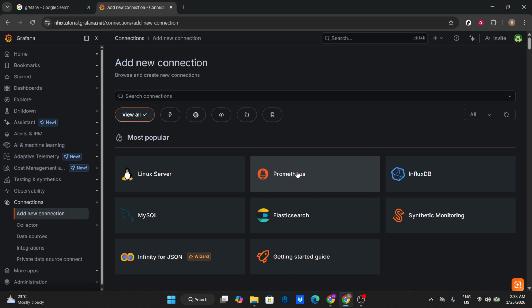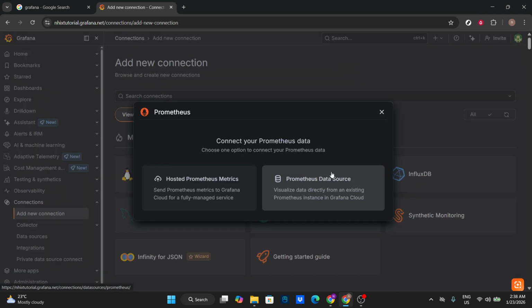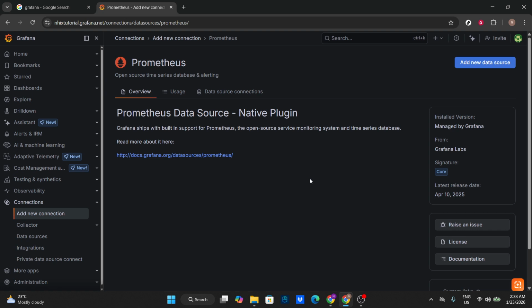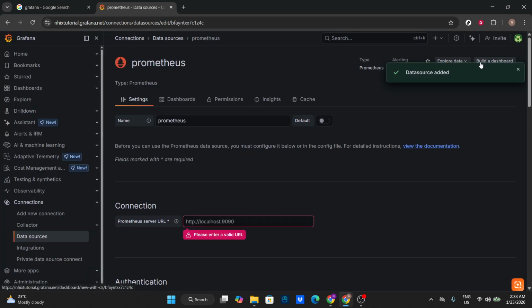Here, you'll likely see a few options related to Prometheus. Choose the Prometheus data source. This is the standard data source used to query metrics directly from your Prometheus server. Selecting it will show you details about what it supports and how it connects. Now select Add New Data Source. This action creates a new Prometheus data source entry in your Grafana instance and takes you to the configuration screen